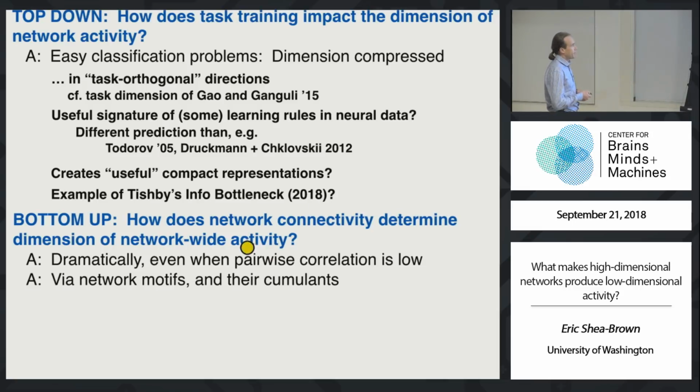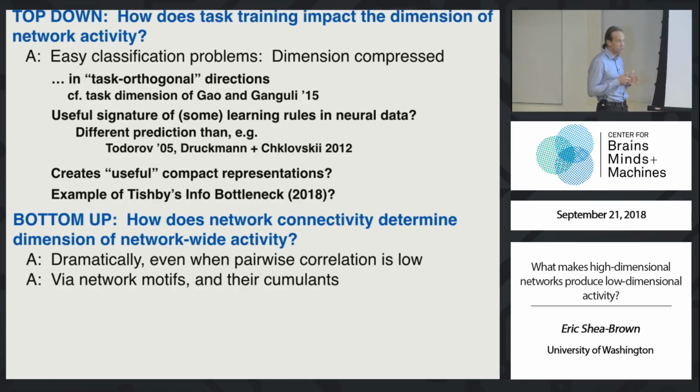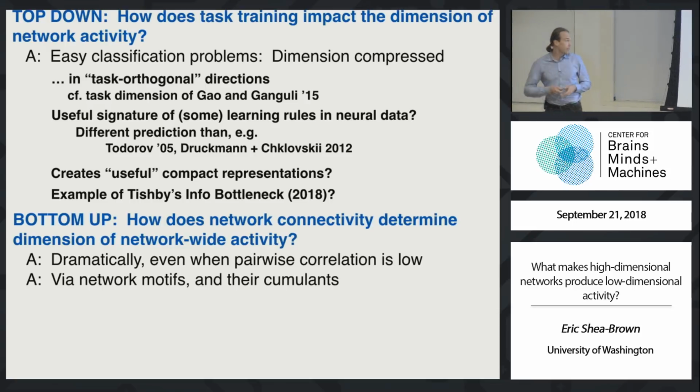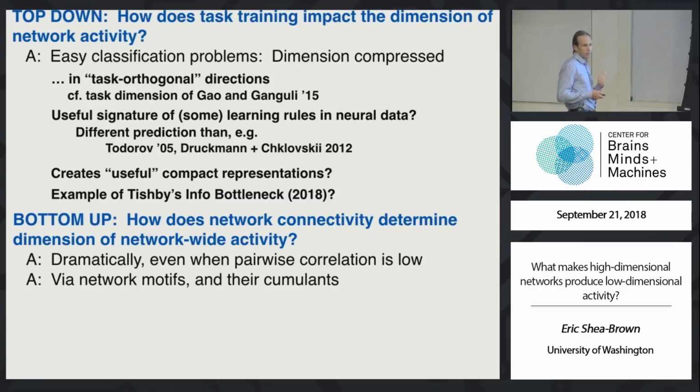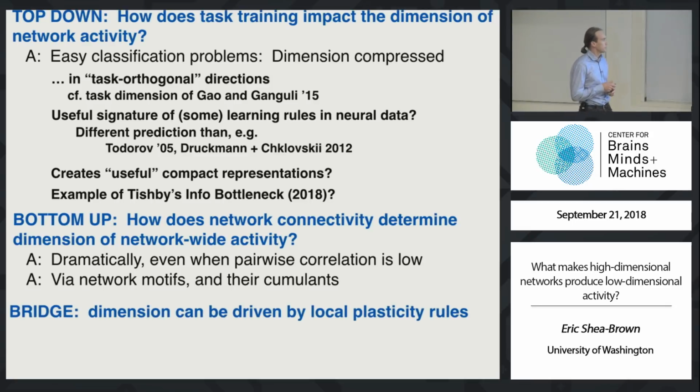Summarizing again the first half of the talk, we said, not for specific weight matrices that come from different learning rules, but in general, can we say something about what the features of a connectome are for dimensionality? Our answers were, don't give up on dimensionality even if pairwise correlation is low. There may be very dramatic effects at the population level. And we have a general approach to attacking this in terms of small substructures of networks that we call motifs, that fails in some cases and succeeds in others.